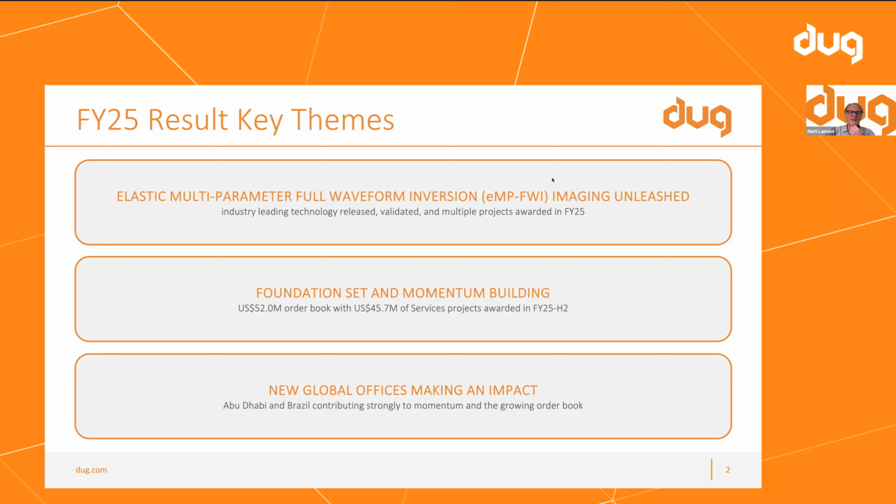That's been super well received. We've done a lot of proof of concepts now, and they are converting into full-blown projects, which is very exciting. And that's really adding to our order book really nicely, the elastic. The order book of 52 million is amazing, especially when you think that nearly 46 million of it was added in just the last 6 months. So you can just see the huge momentum building up as we're going forwards.